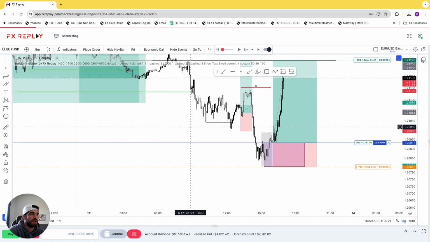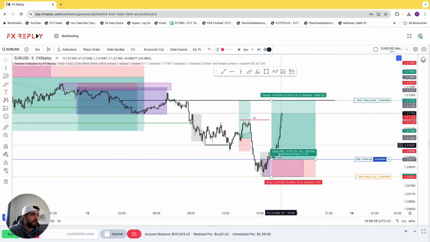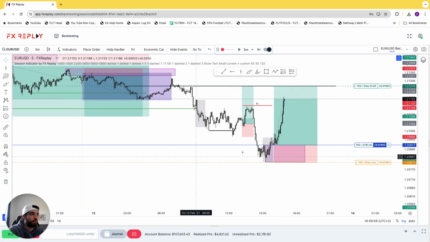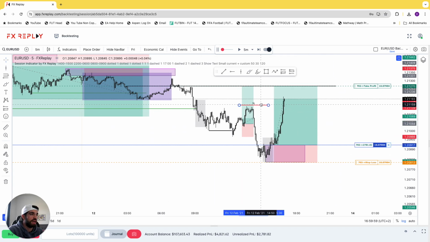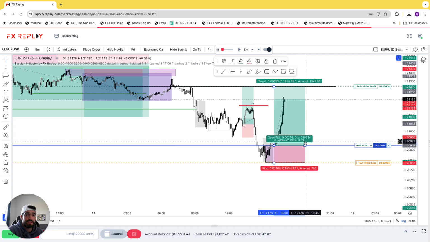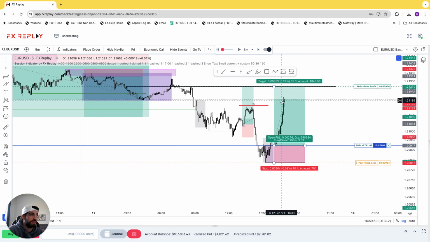But I could have easily gotten scared, ran away, and missed this whole move, right? But I knew exactly what the overall bias was expected to be. It's just sometimes you do enter at not the perfect time. That's completely normal. And there are days where you would enter at the perfect time, but on this day,